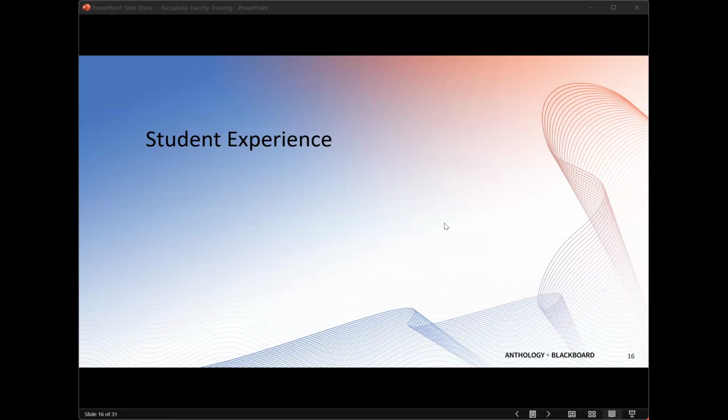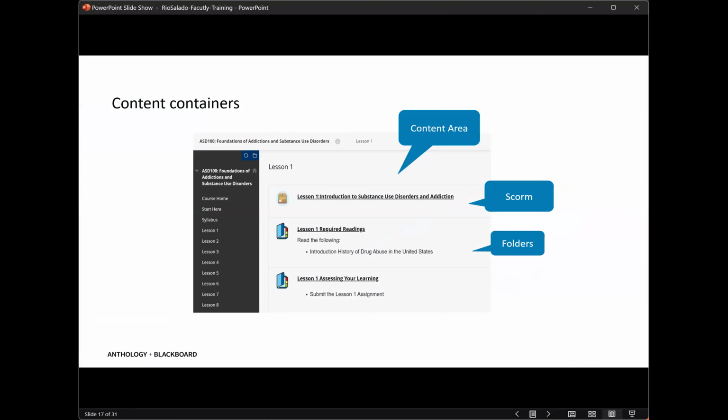Our next stop is to look at that student experience. Now, we have seen the student login a couple of times, or that preview student. So we do know that they have the same or a similar view as you do as faculty, especially your instructor faculty, knowing that your student is almost seeing the same thing you are. If something is hidden, they may not be able to see it, or if there's an adaptive release set on something, they may not be able to see it, but in general, everything looks the same.